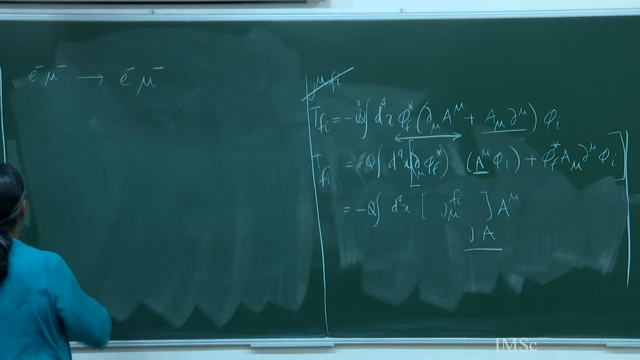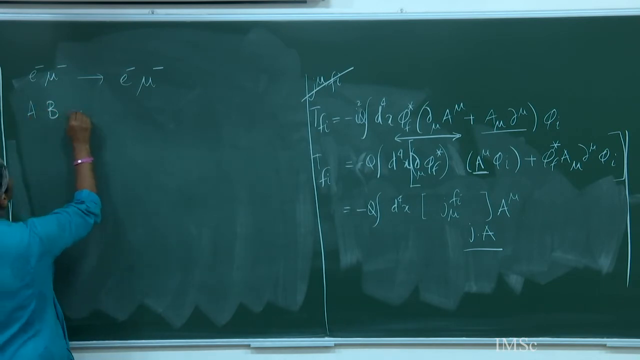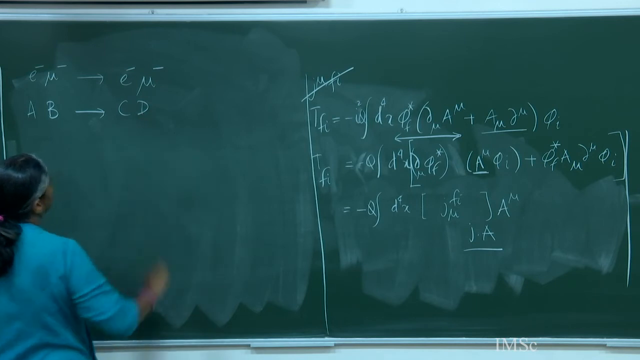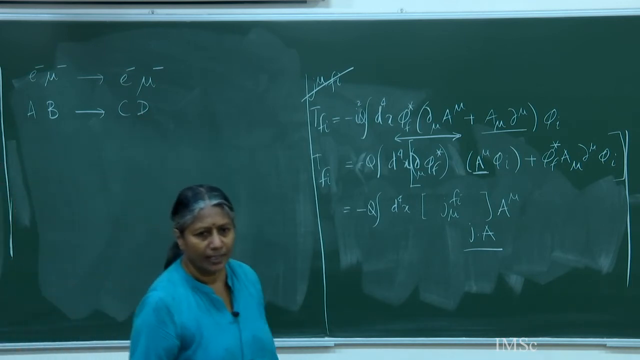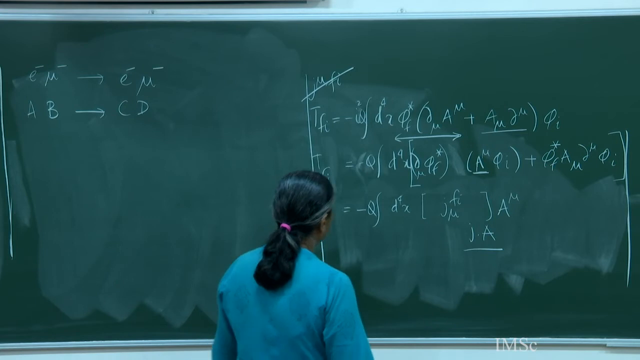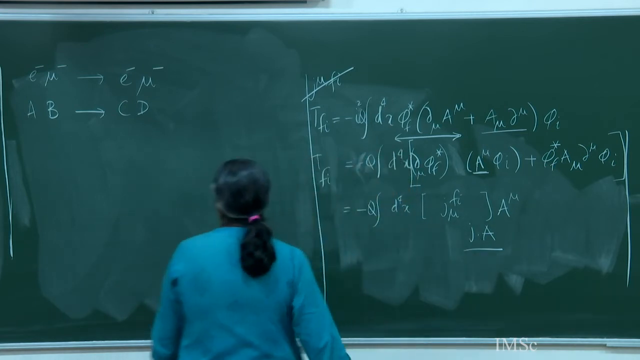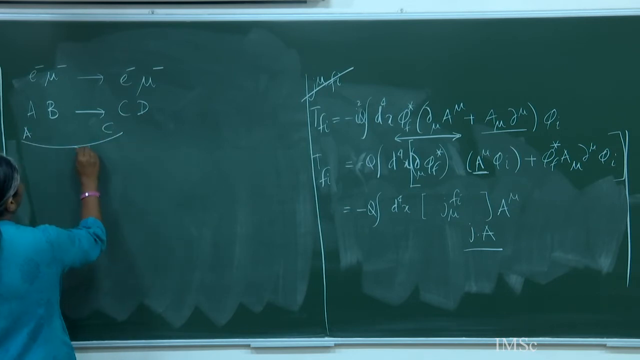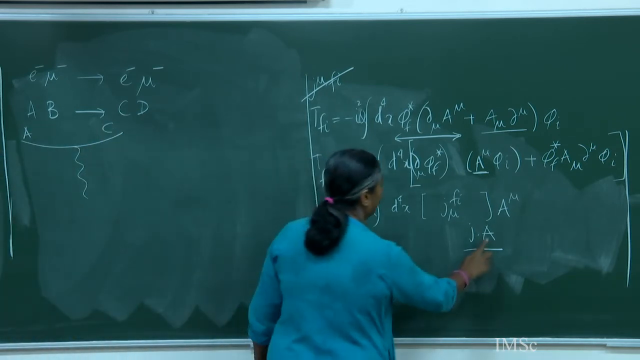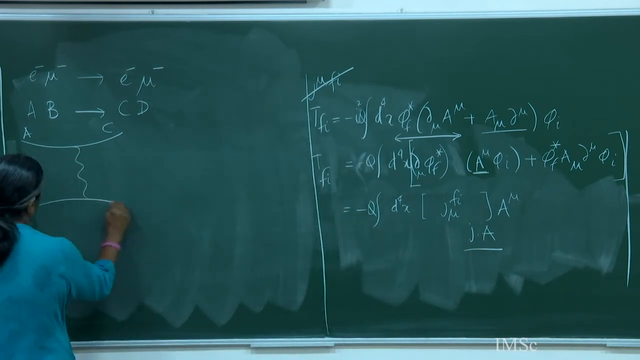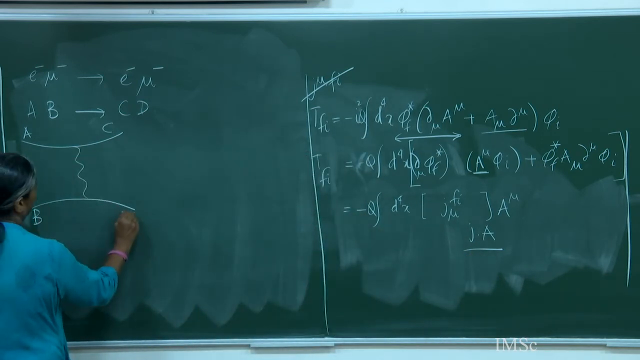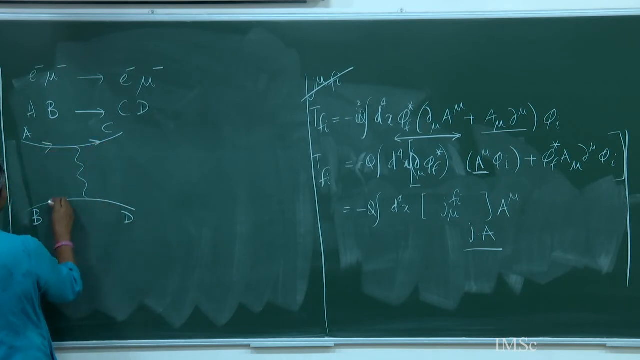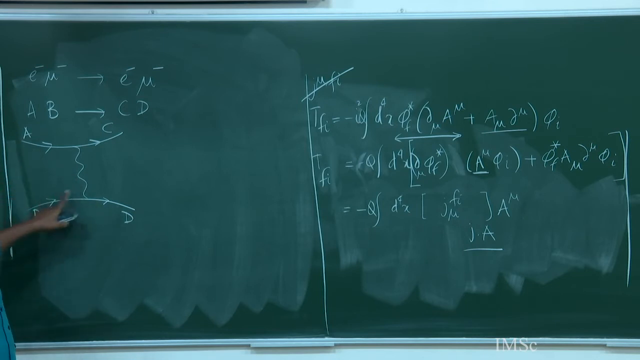So, we took this example which we called A, B goes to C, D, and then we interpreted this TFI as, maybe you can say, J of the AC current interacting with the A coming from the BD current. So this is the JAC, this is the JBD. So either this A is coming from the BD current or the A is coming from the AC current, and